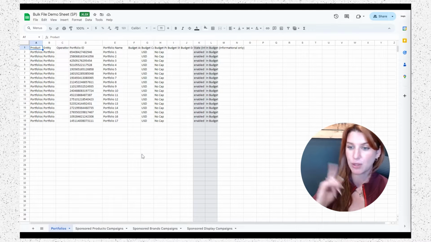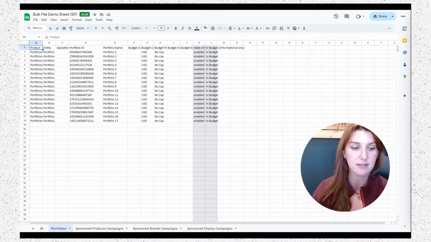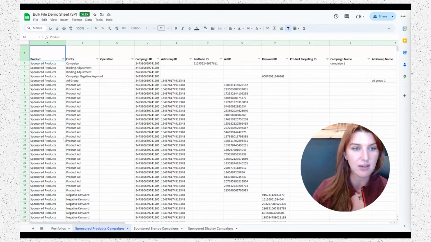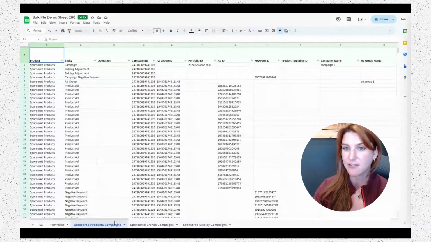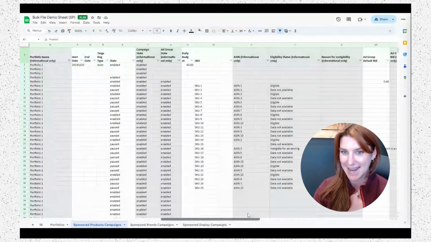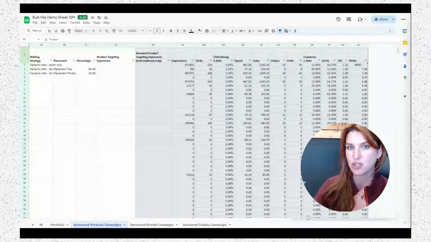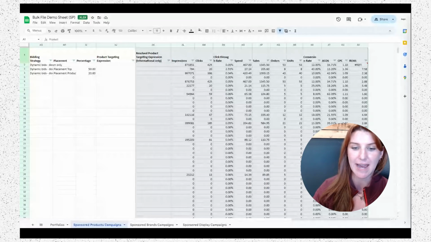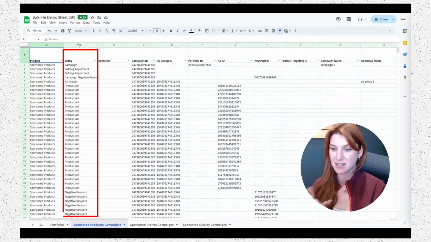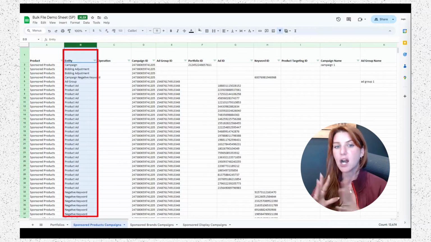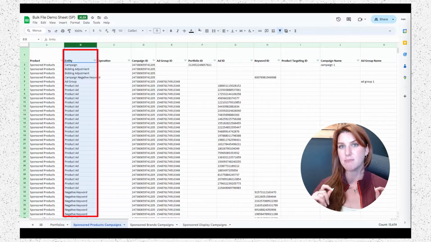All right, I'm going to be going through what this is going to look like inside of sponsored product ads. So here we have a full bulk file here. And as you can see, there is a lot of rows. There's a lot of data in here. And so I'm going to quickly breeze through some things. And I do have a more detailed explanation on this particular tab right here, which is the entity column. And this is the one, if you are unfamiliar with bulk files, this is the column to get the most